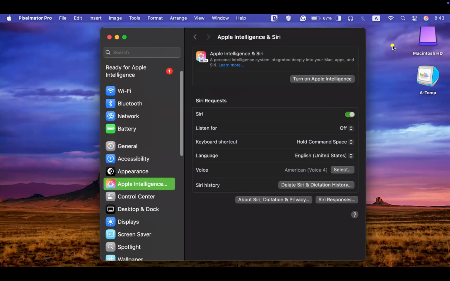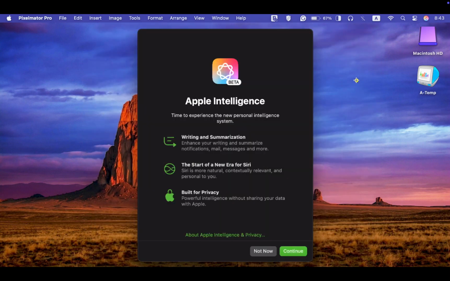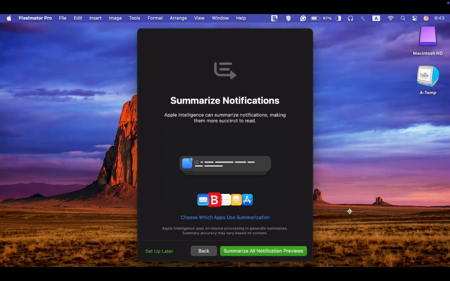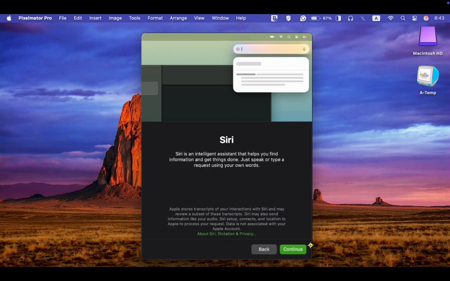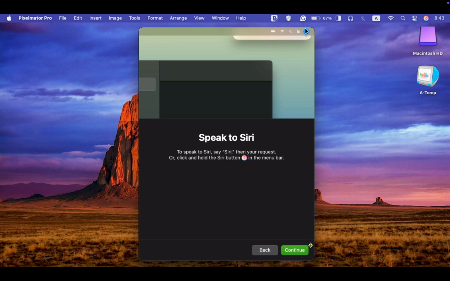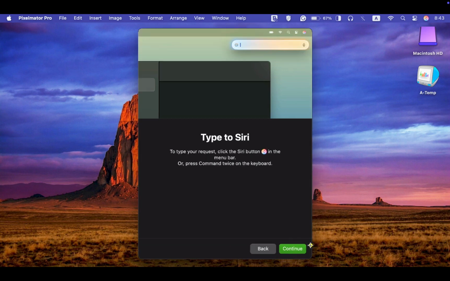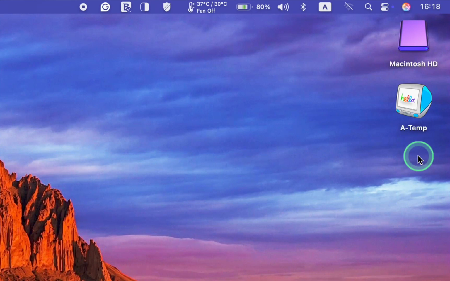After 10 minutes, the Turn on Apple Intelligence button became available. Clicking on it displayed the previous screen, so I clicked Continue. Next, I clicked on Summarize all notification previews and then clicked on the Continue button for Siri, Speak to Siri, and Type to Siri. To interact with Siri, click the icon to open the Siri text input box